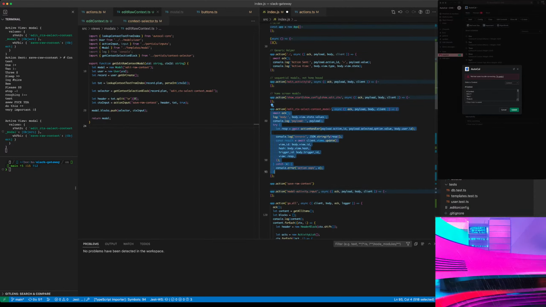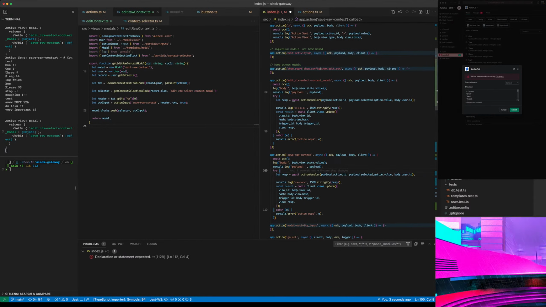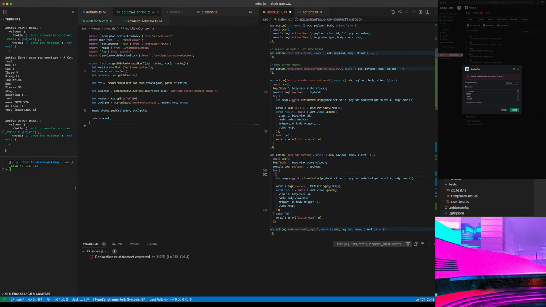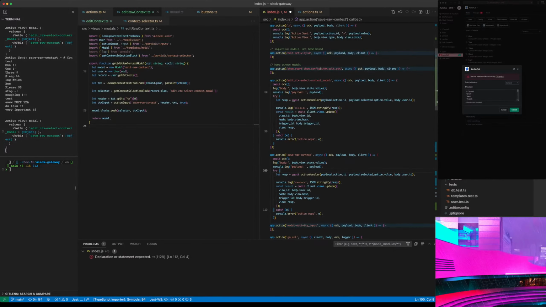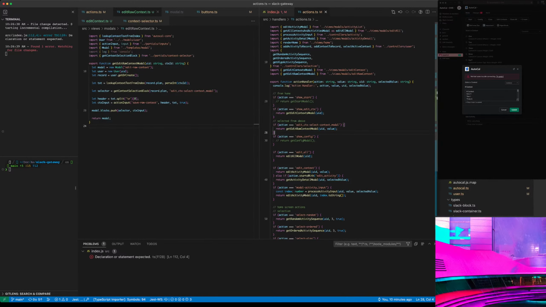All right. So now we have to handle another action, which is going to do kind of the same thing, just update our view. But we also want to save. So that's going to happen over in probably the action handler. So that's on this one over here. And then we say if